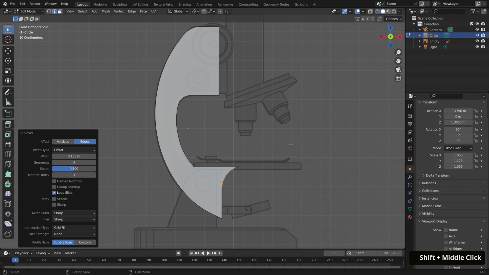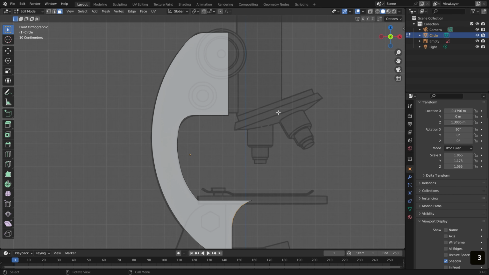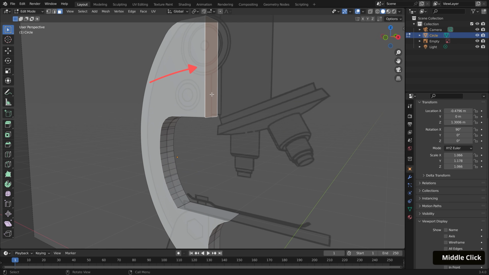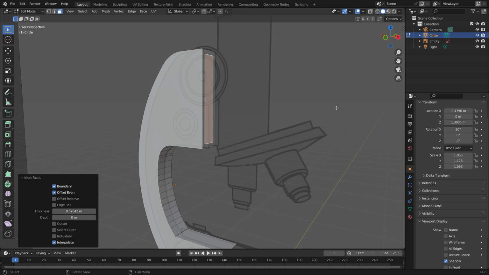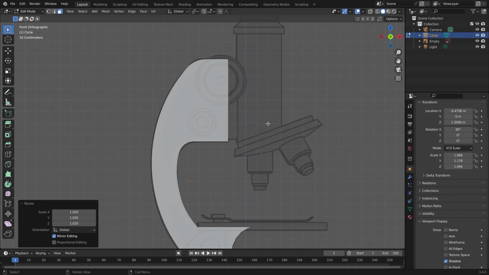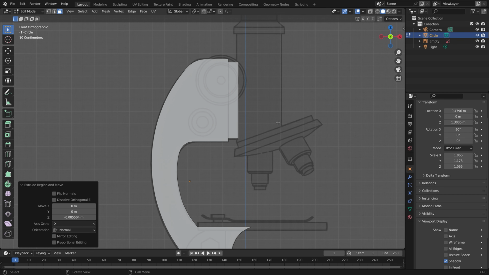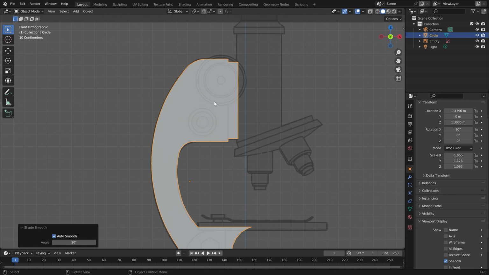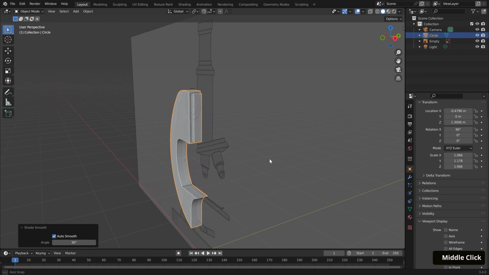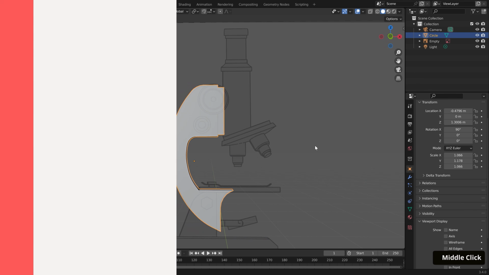Now, I want to create the last segment that connects the arm to the tube, so hit 3 for Face Select, and select this inner face of the arm. Hit I to inset, and roughly size down the new face according to the reference. Go into Front View, and hit E to extrude until it hits the tube. Click to confirm. When you're finished, tab back into Object Mode, right-click, and select Shade Auto Smooth. Rotate your view to check it, and make any other adjustments needed.